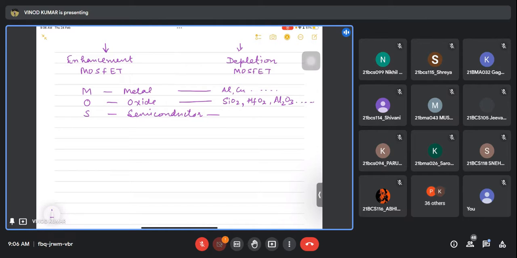But we are using this, and we can use silicon or germanium semiconductors. So more precisely, we are using this. Okay, and if I take the pictures,